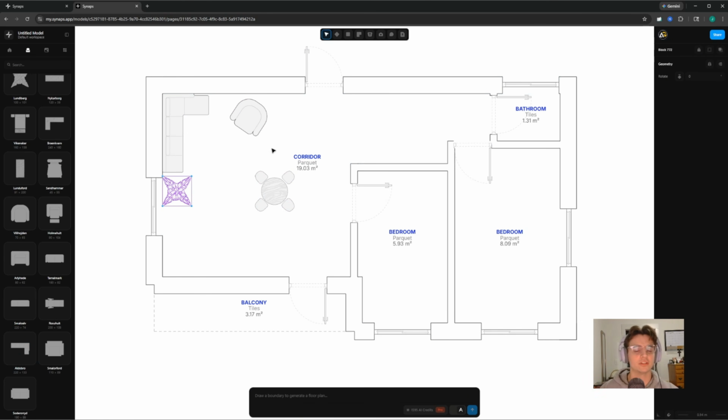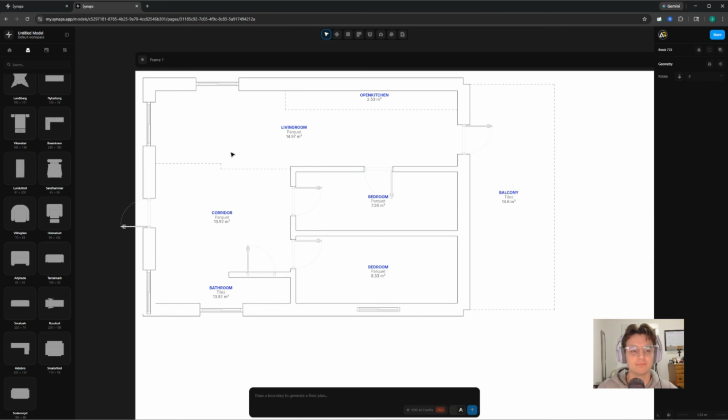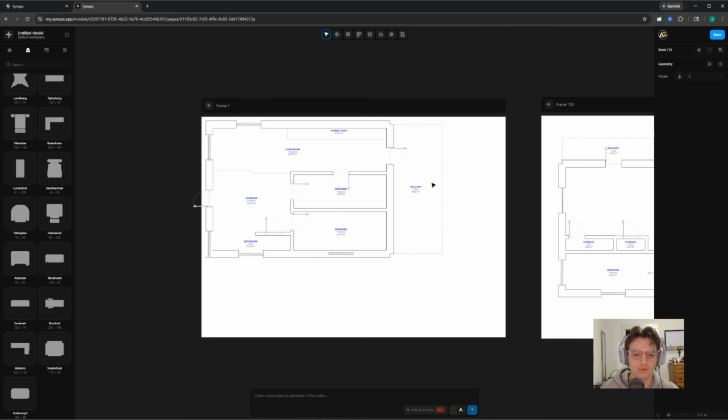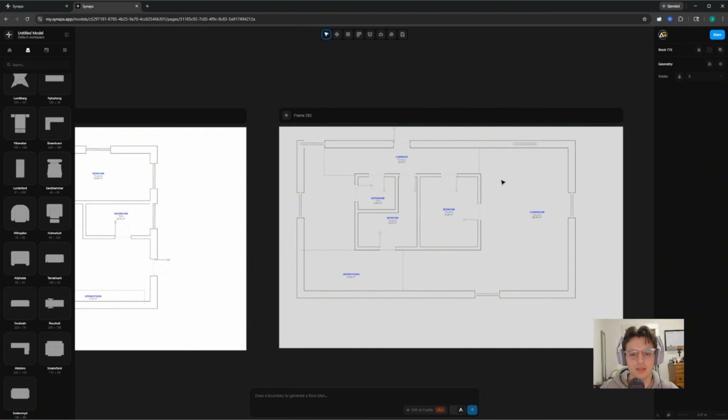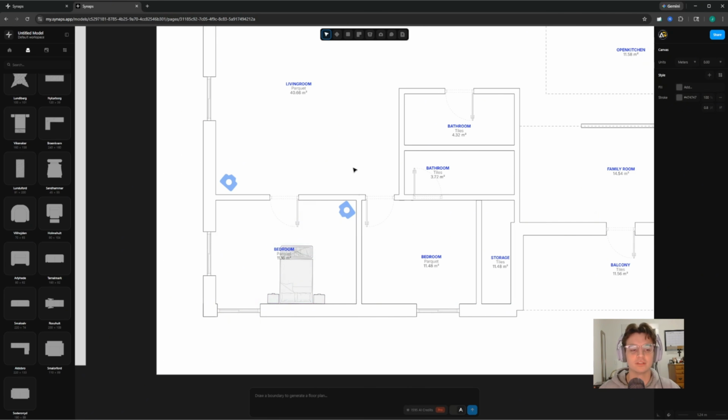Now that we've added this 2D furniture, I'm going to take it to the next level and generate a few more floor plans. So just like that, I've generated 1 more floor plan, 2 more floor plans, and 3 more floor plans. So for this bedroom, I'm going to place a bed probably in the middle of the space right here. So I'll have to move this window over to the side. And now that we have some furniture within the space, we can go ahead and